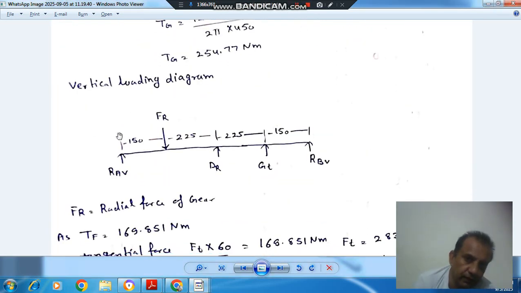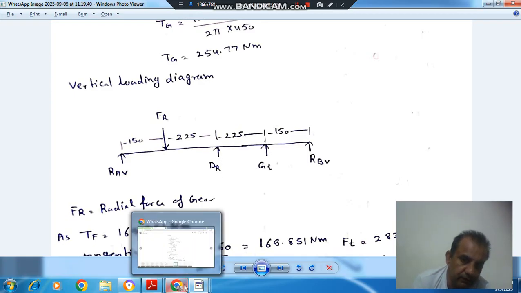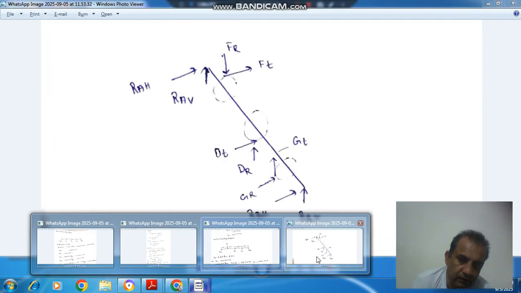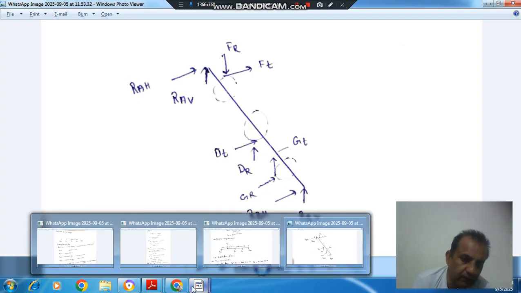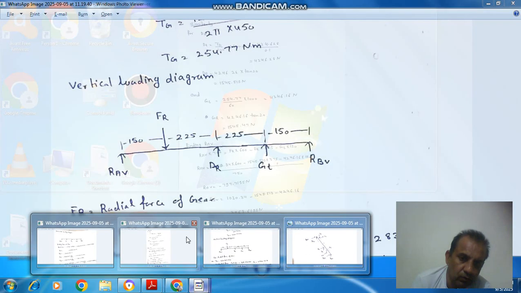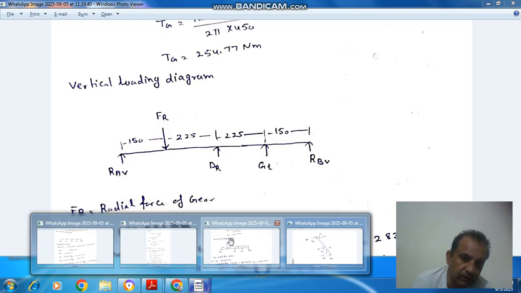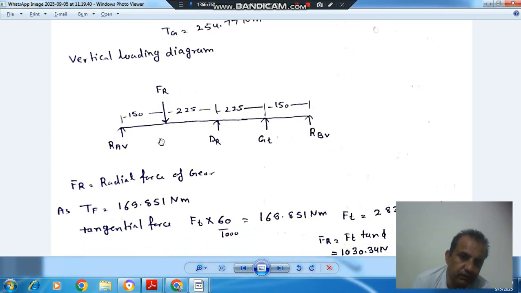First of all, the vertical loading diagram. Here suppose RAV and RBV are reactions. FR is in this direction, and DR is upward, GT is upward, as evident here. FR is in the downward direction, DR and GR will be in the upward direction. Next we will calculate the values of